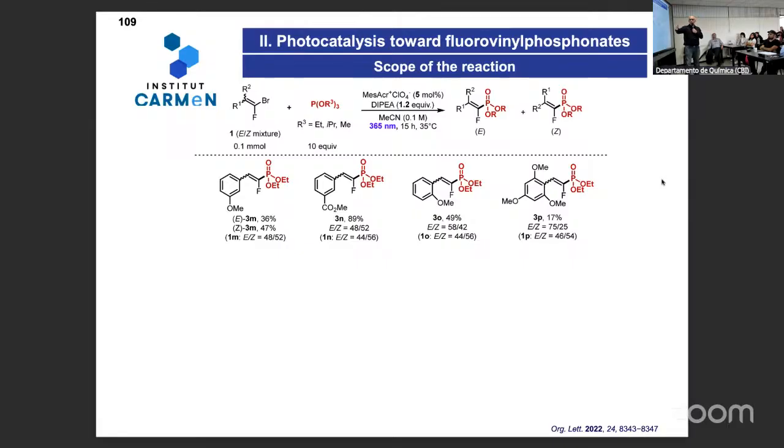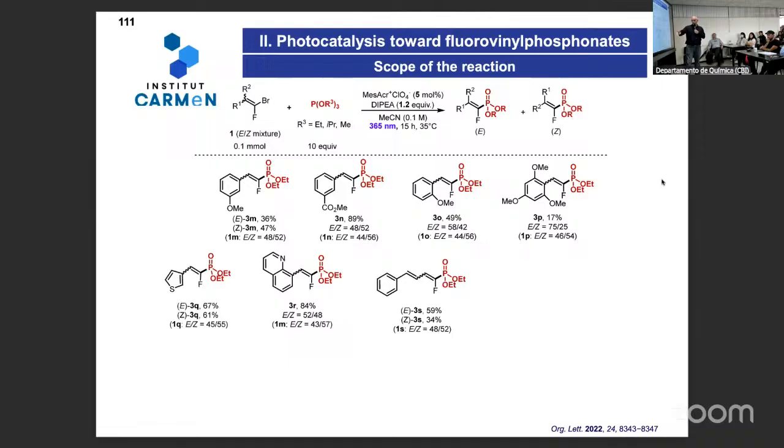Now it works in meta or ortho position, even if here we have 48% yield, we cannot separate it, for example, okay? But we have a mixture. With this one, which is kind of really hindered, we have only 70% yield. We can do it with heterocycles, next please, or with a quinolinic system. And also we can start not from,